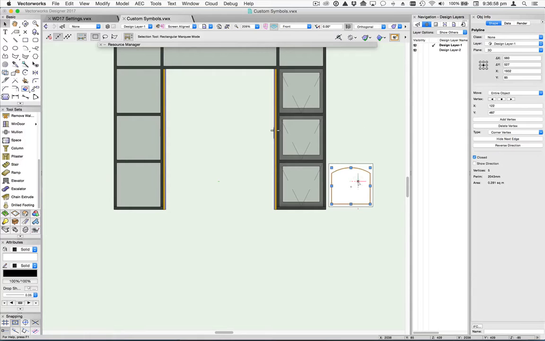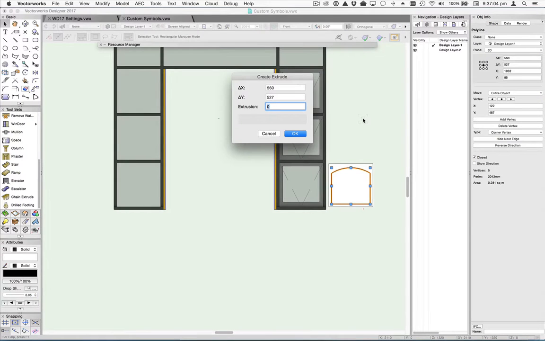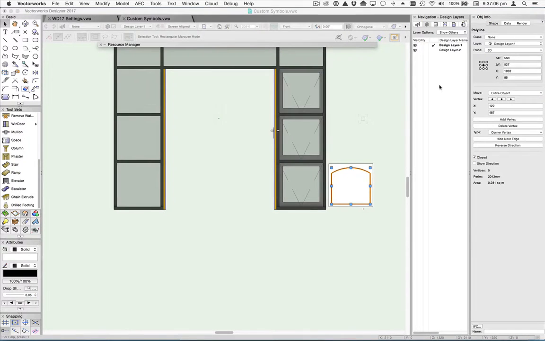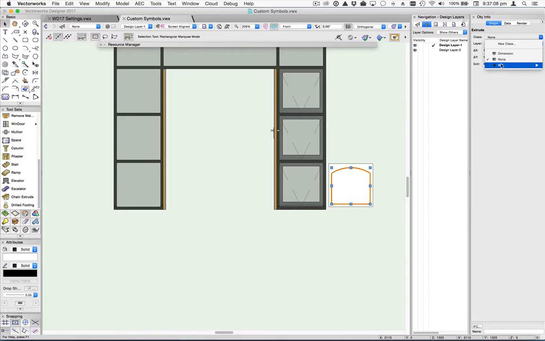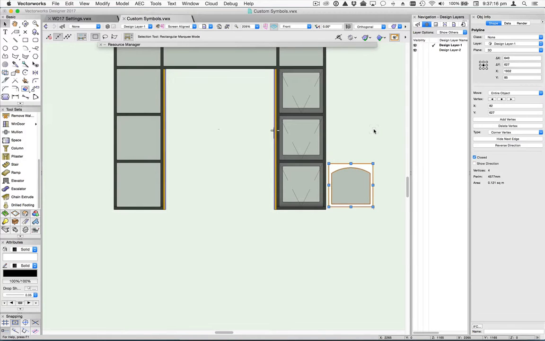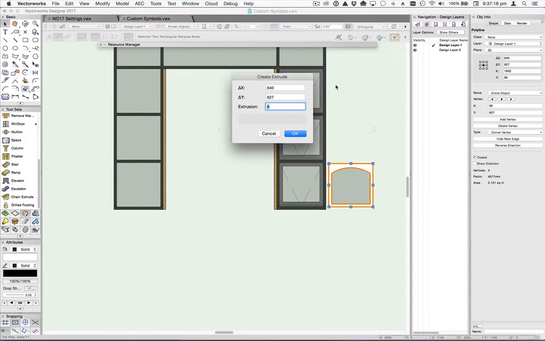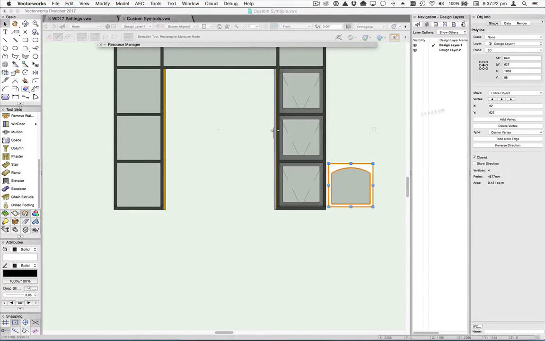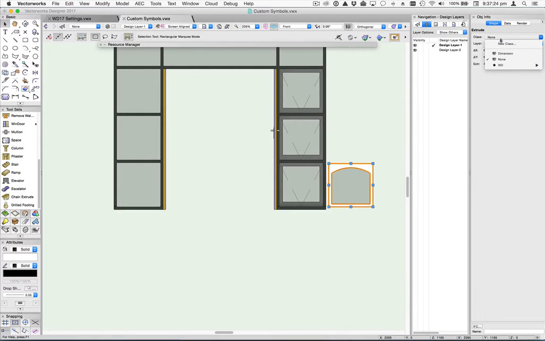So this here is going to become my glass, and this will be the sash itself. So we'll extrude this to say 6 millimeters and put it in the WD glass class, and extrude this to say 35. Put that in the WD sashes class,